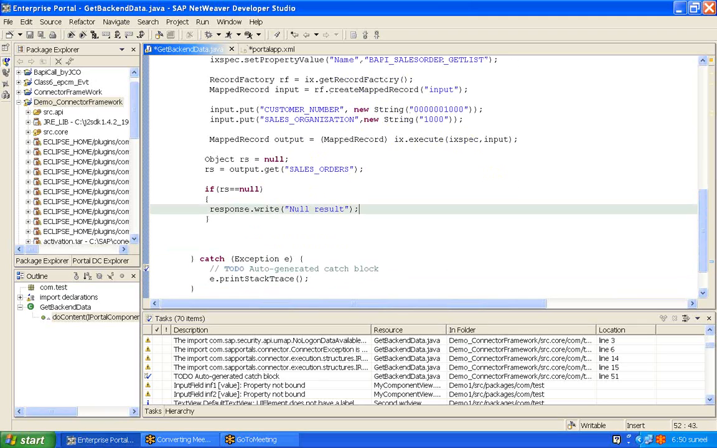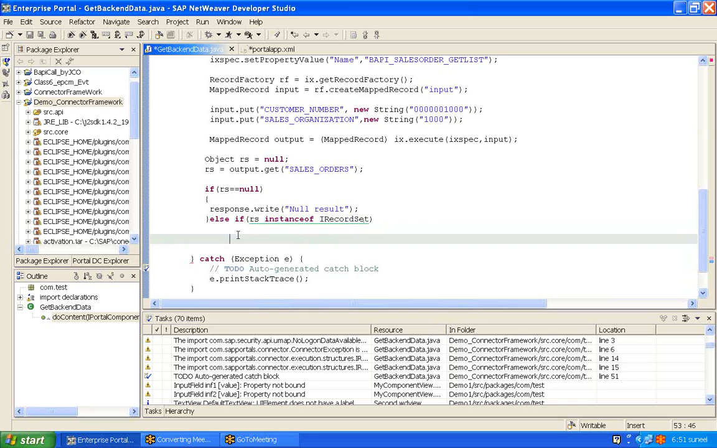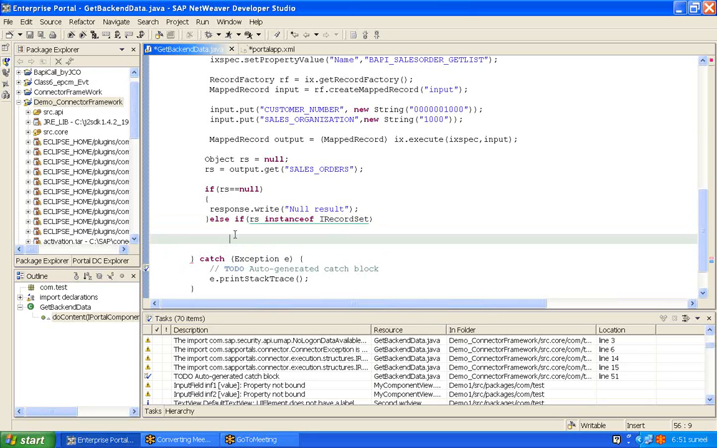Otherwise, if RS is instance of ID card set, so instance of type ID card set, then typecast RS to ID card set, then RS equal to